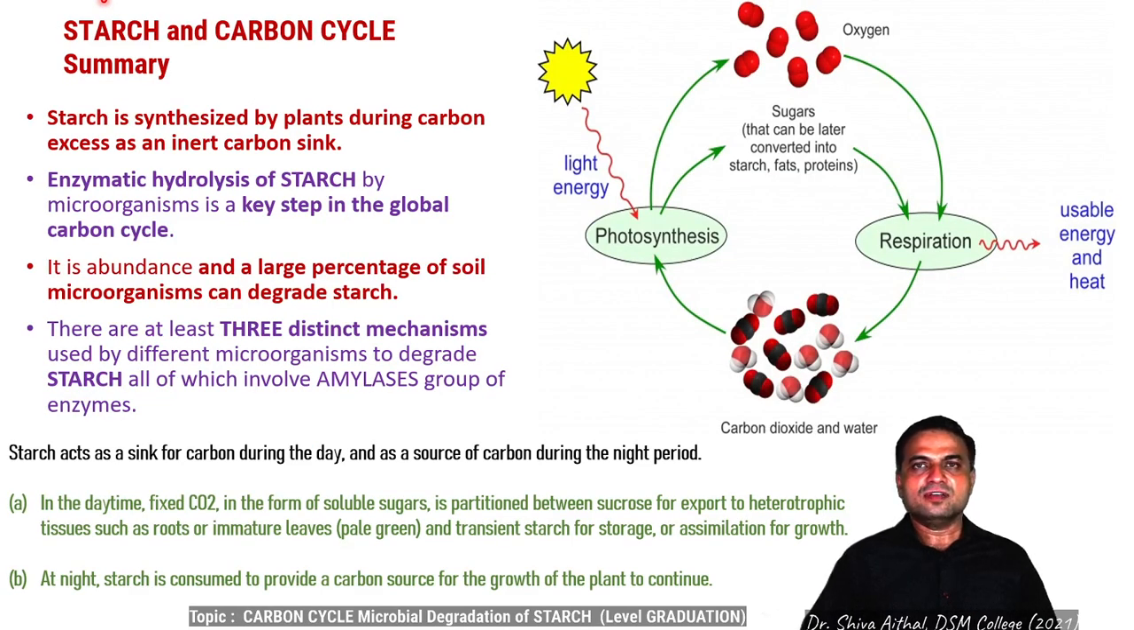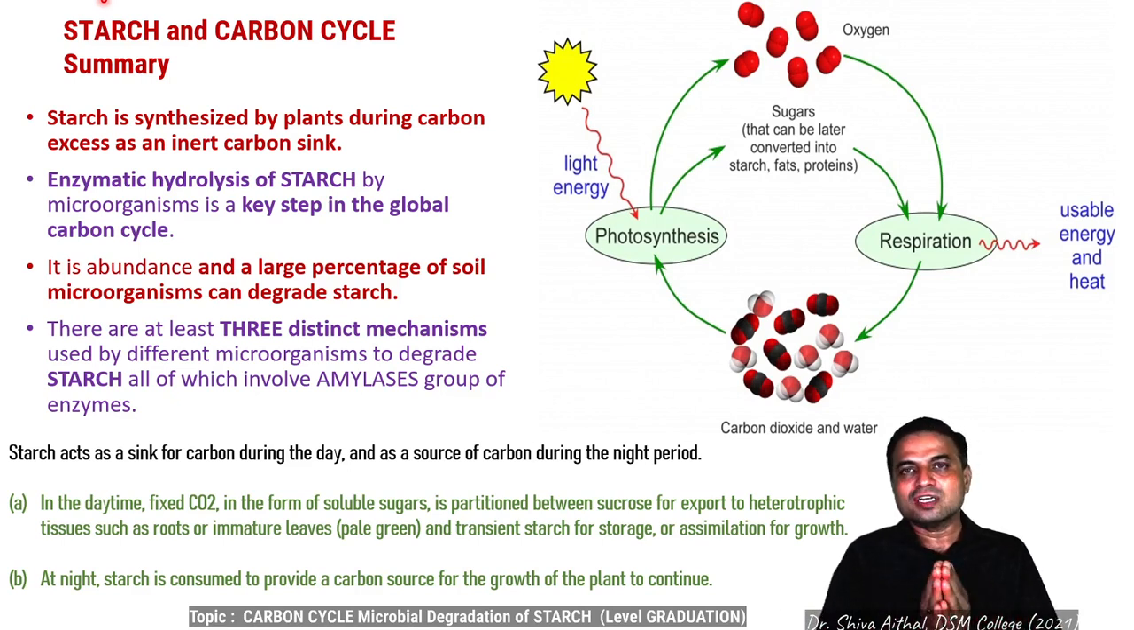So finally, if you just see the summary of starch and its role in the carbon cycle, as I have told you, it is synthesized by plants during carbon excess. It is stored as a reserve food material in the plants. So you form fruits, vegetables, tubers, and in the roots and leaves it is stored. What is the fate of this stored carbon? One day or the other, you eat it, or the plant is dead and is added into the soil. The fate, one day, of this reserve sink of carbon stored in the form of